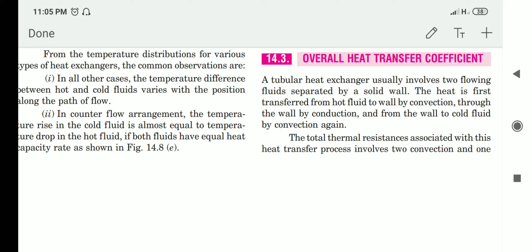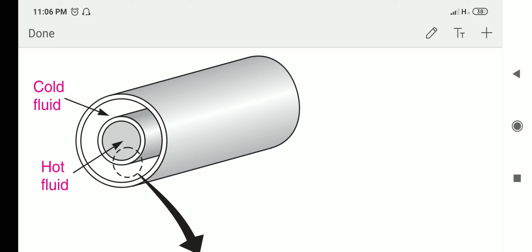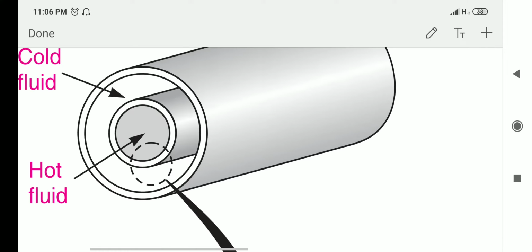In a tubular heat exchanger, suppose the cold fluid moves through the outside shell, outside the tube, and the hot fluid moves through the inside tube. So naturally the hot fluid exchanges heat with the cold fluid. How does that happen? The hot fluid is in the inside tube, it transfers its heat to the inner pipe, the inside surface of the inner pipe transfers the heat to the outside surface of the inner pipe, and then from there it transfers the heat to the cold fluid, right?